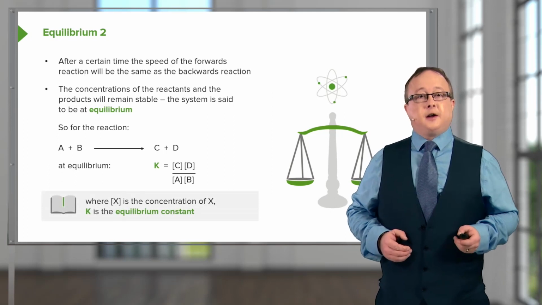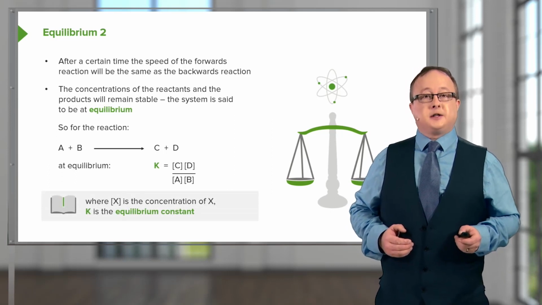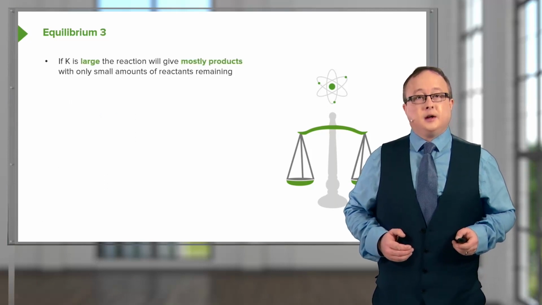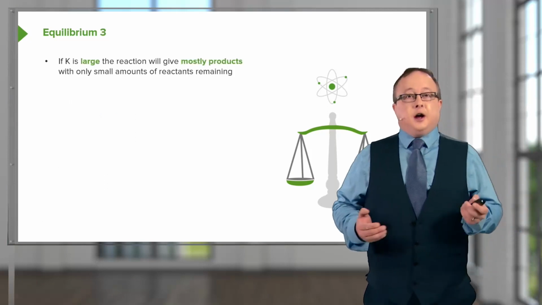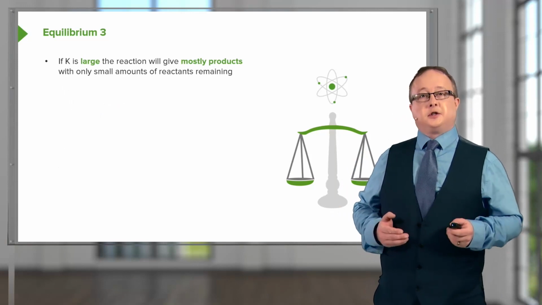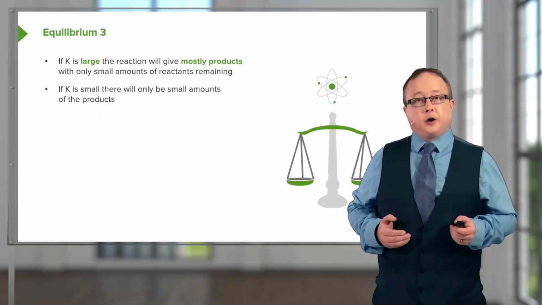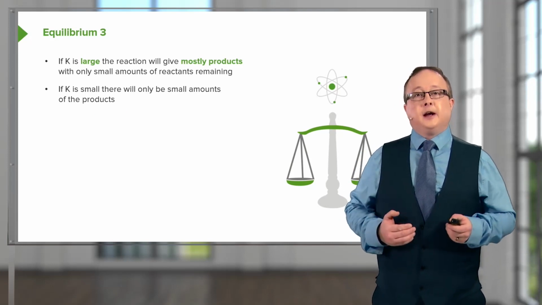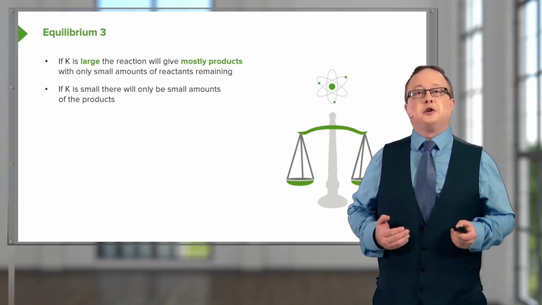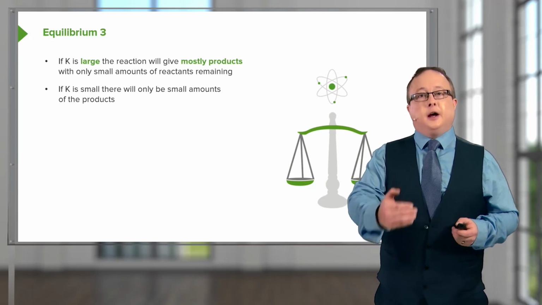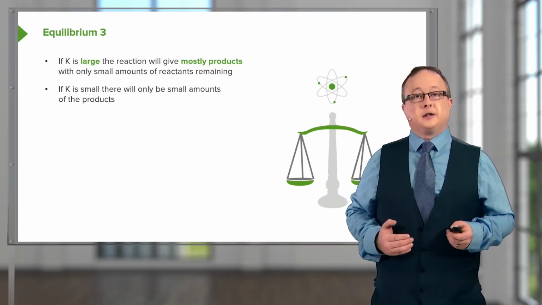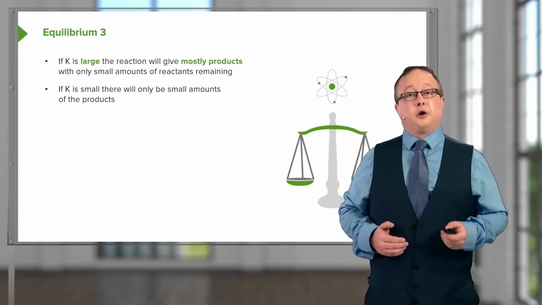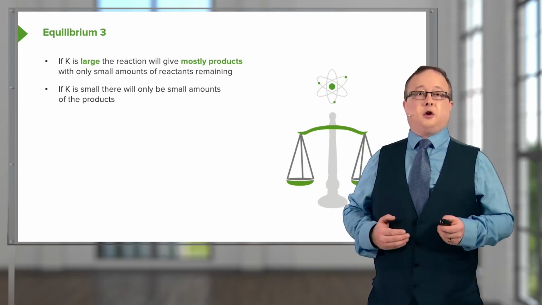So here, as I've said, where X is the concentration of X, K is the equilibrium constant. If K is large, as you might expect, what this means is that the reaction will give mostly products, with only small amounts of reactants remaining, because effectively K is just a ratiometric measure of how much product we get in comparison to how much reactant remains. However, if K is small, only a small amount of product is formed, and the majority of the compound will